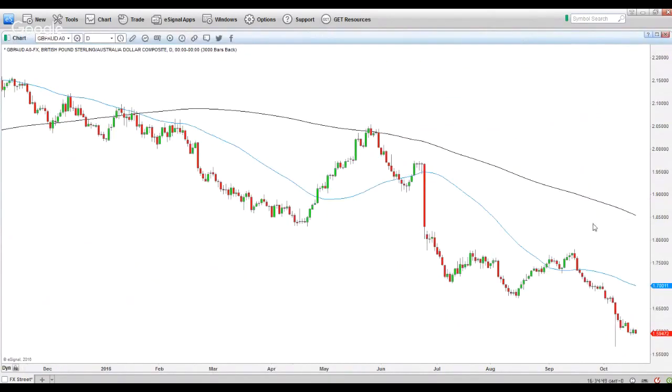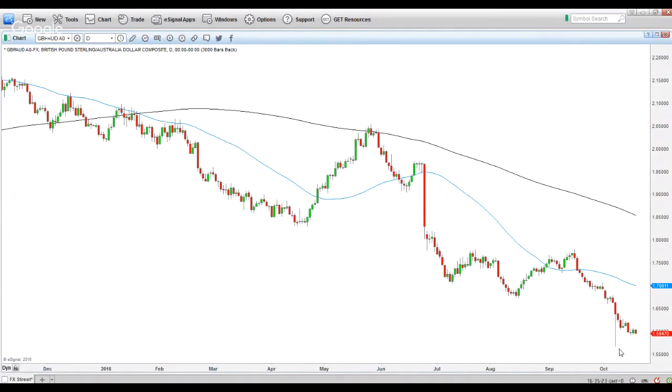Let's open the daily charts. Now, I've been short on the pound Aussie since 1.8. Again, very similar to the pound dollar. I went short. It went into consolidation. Why? Summer months. June, July, August is summer. Then September came in, and true to form, look at the weakness. We had that flash crash. Unfortunately, we had that flash crash on Thursday before NFP, and that's what's created this wick.